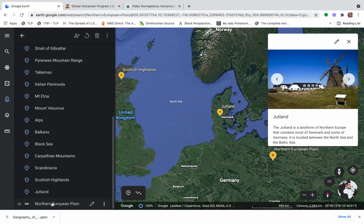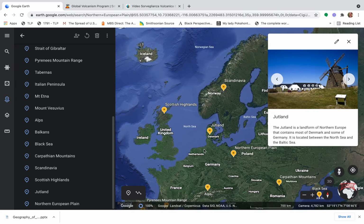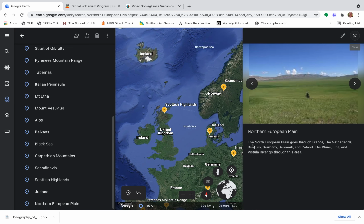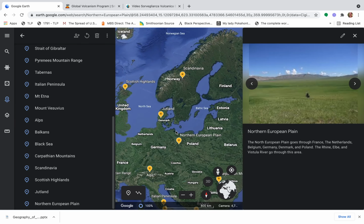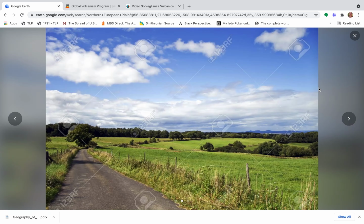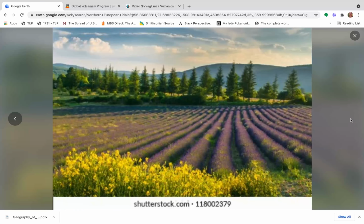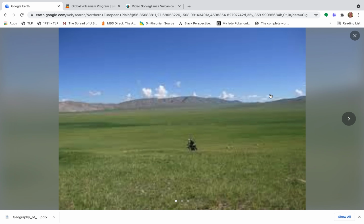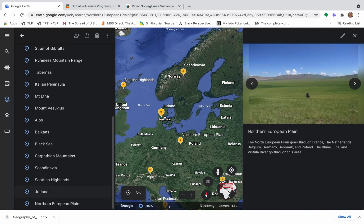And then the last physical feature we have is the Northern European Plain. And that's basically just like any plain. It's grassland, pretty much flat. It extends from France, Belgium, Netherlands, Germany, Poland, right through here. It looks like a typical flat plain. France has lots of farmland and grass, some trees. So that's Europe,